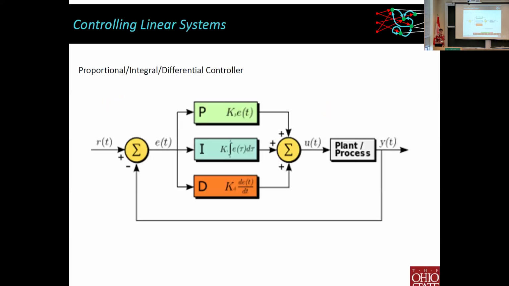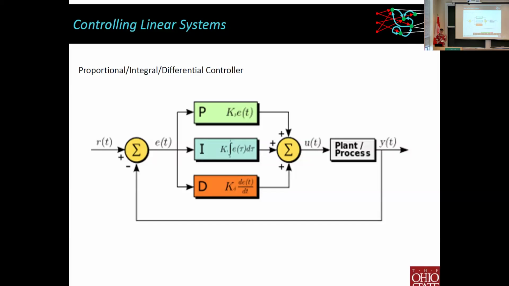And the standard approach that has been known for decades, maybe centuries, is a proportional integral differential controller, or PID controller. And the idea is that you've got some plant, you have something that you can measure with your sensors. You compare that measurement to the desired behavior, R of t, and then you form a control perturbation.